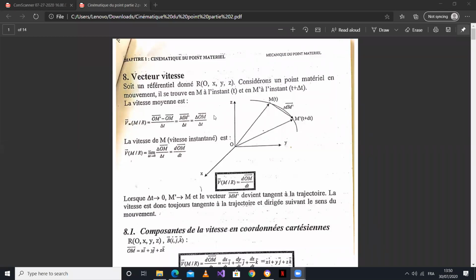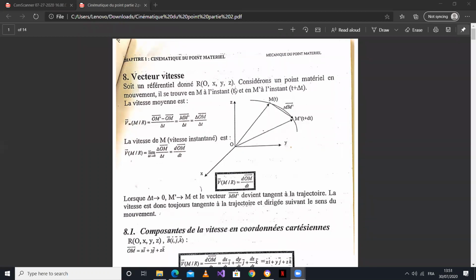As I told you, we are studying movements. In cinematics, we are studying movements. So it's like our vector OM, or our point OM, is moving in space now, and we're trying to calculate its velocity, how much it's changing with respect to time. Then we are also going to calculate the acceleration, how much the velocity is changing with respect to time. So what they are showing you here, they're telling you: soit un référentiel donné R O X Y Z,